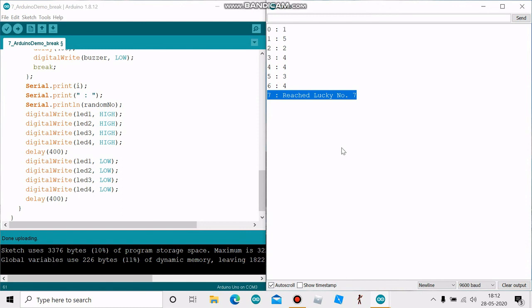It stops after that. I'm going to show it one more time, and for this example I will just show you the serial monitor output. Okay, now it came here on the 15th time.